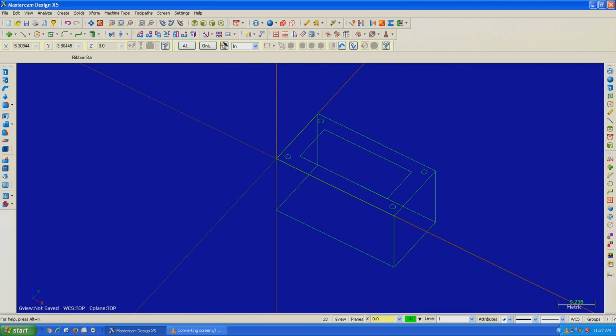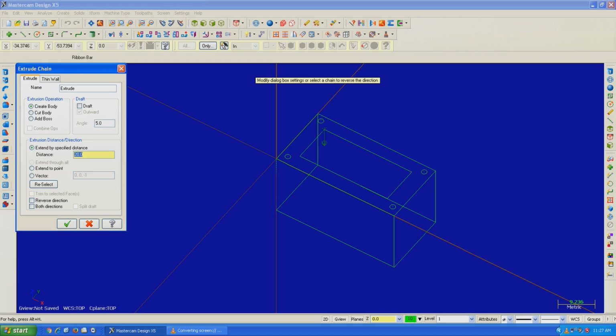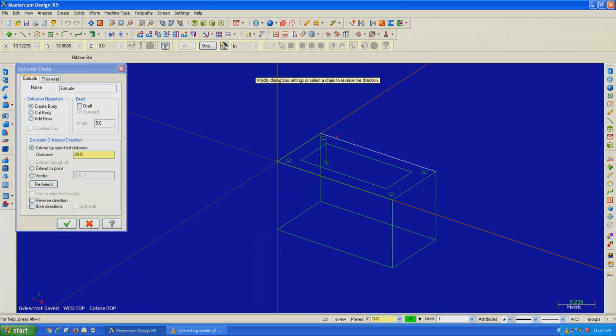So if we go back to wireframe, let's do another extrusion. We're gonna pick extrusion, choose this chain, press OK, and first of all, it shows the arrow where extrusion is gonna go. If we wanted to do extrusion upwards, we would just pick this geometry again, and it would go upwards. But in this case, we're gonna cut the body instead of creating body. So we pick it again, it's gonna go down, and right here in this window, we're gonna pick cut the body,